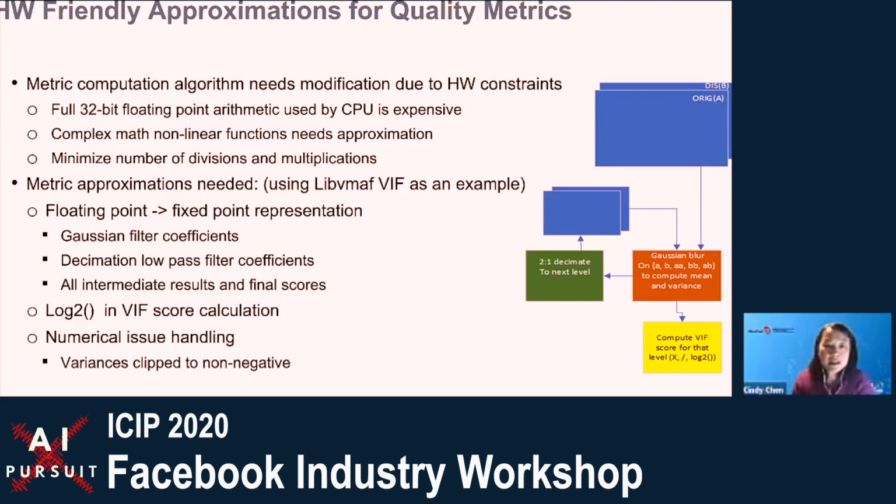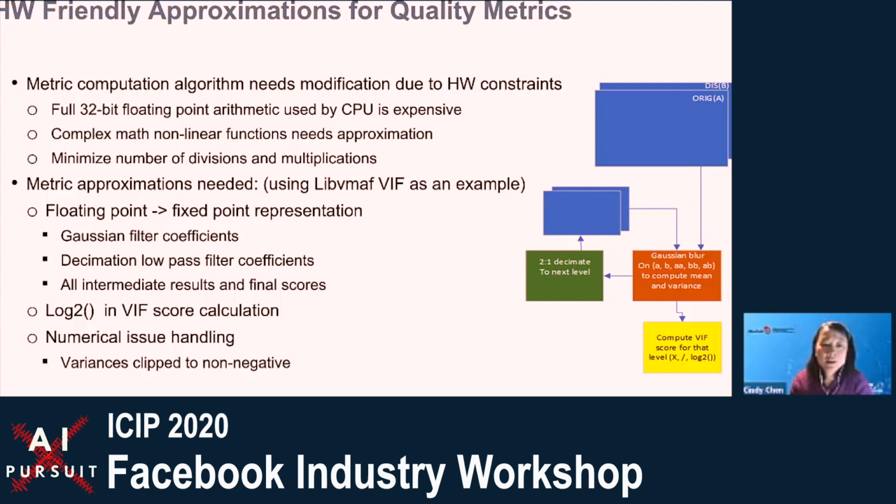The diagram on the right shows the software implementation flow. The original image and the distorted image come in. Let's call them image A and B. First, 3 additional derived images have to be computed: AA, BB, and AB, where AA and BB are squares of the original images, and AB is the pixel-wise product of A and B. These images are then filtered by a Gaussian kernel, which is how we get the local mean and variances. The VIF score for that scale is then computed using a bunch of multiplication, division, and logarithm operations. These 5 filtered images are then decimated by 2, and a similar process will repeat, so we get the VIF score